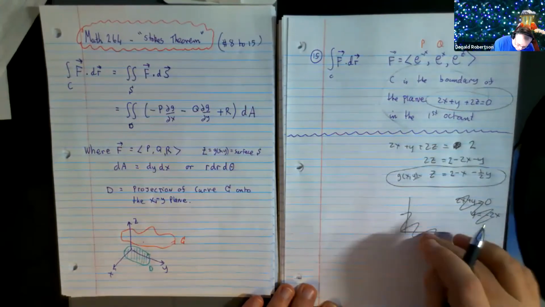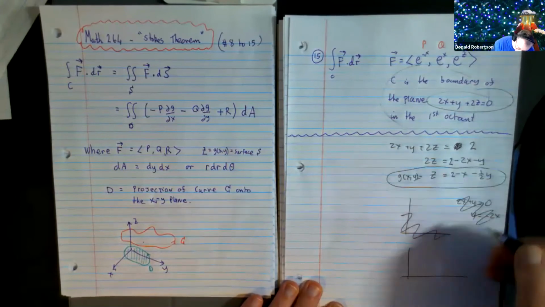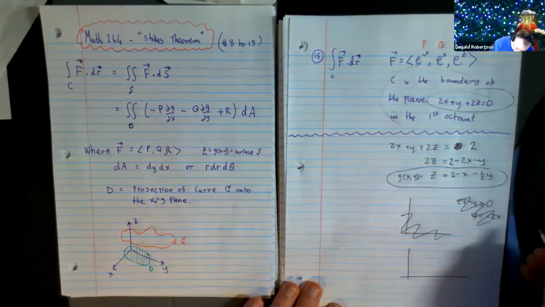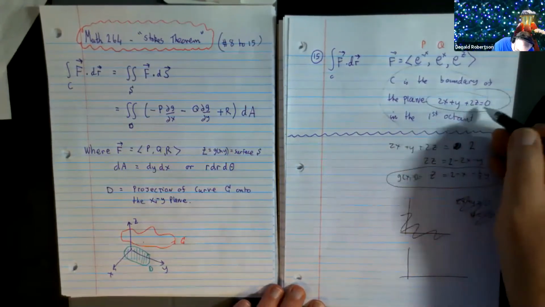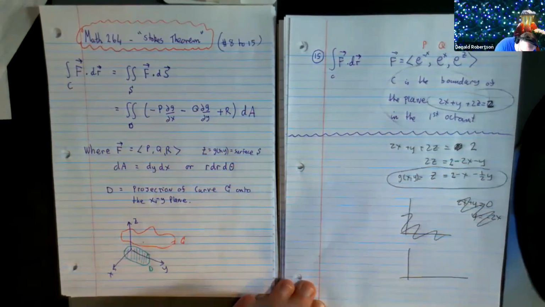I was wondering why that didn't work on the first quadrant. The reason it didn't work on the first quadrant is I forgot to take this fella with a 2. So, Mr. Robertson,